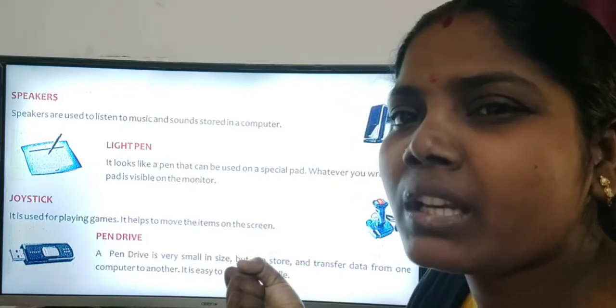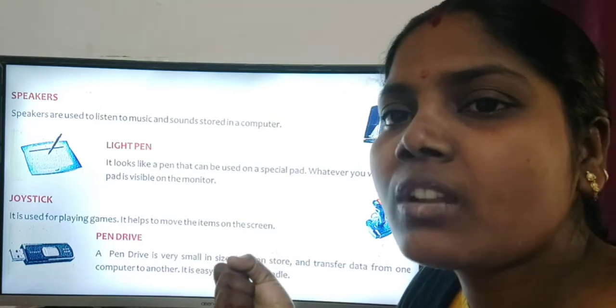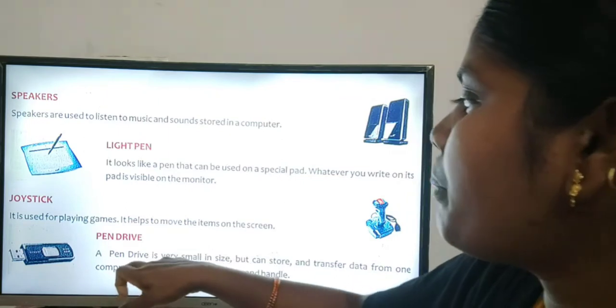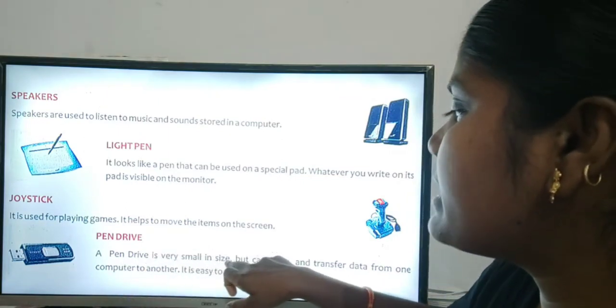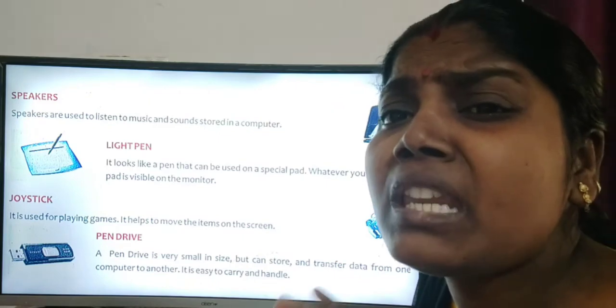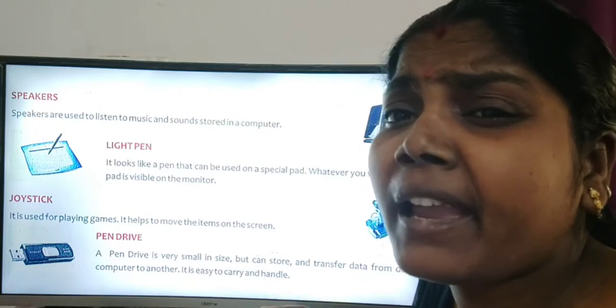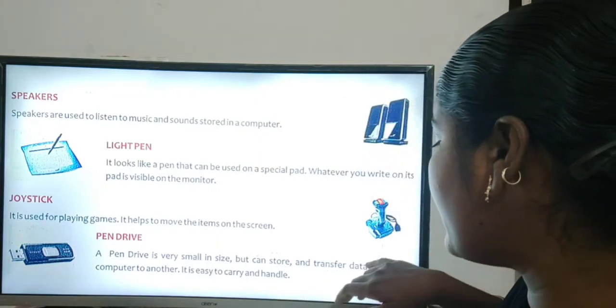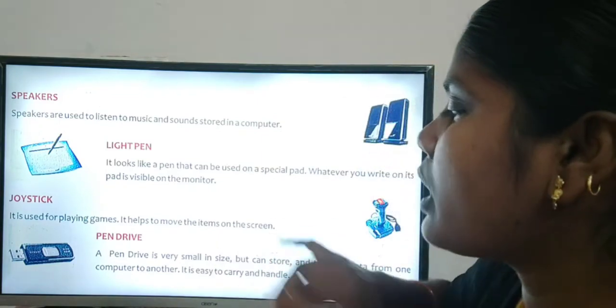It is not heavy and not big. It is very small, but it can store many files and much data, and transfer data from one computer to another.